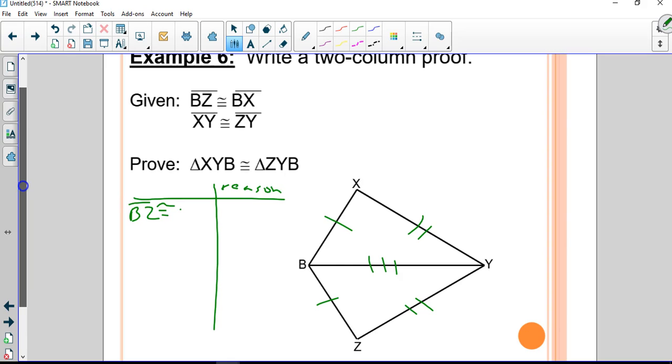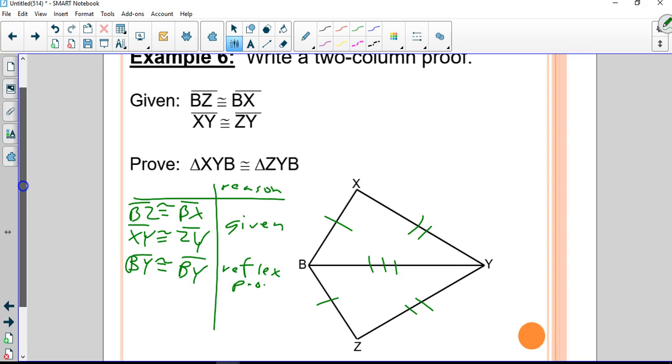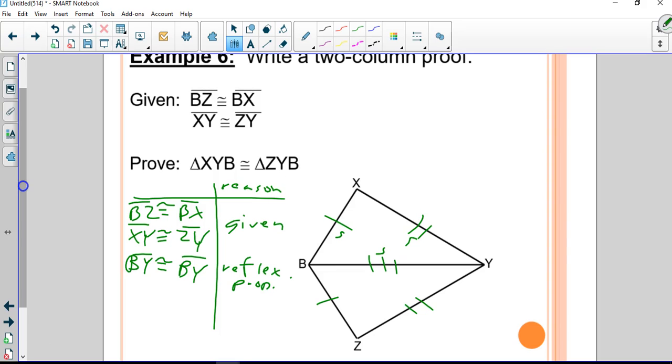BZ is congruent to BX. And XY is congruent to ZY. All given. The only extra thing we needed to do was to say that BY is congruent to itself. Find the reflexive property. We've got everything we need. We have side, side, side. So the order they gave us was XYB is congruent to triangle ZYB, and that's by S, S,